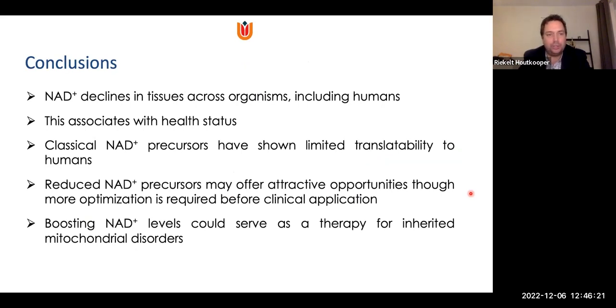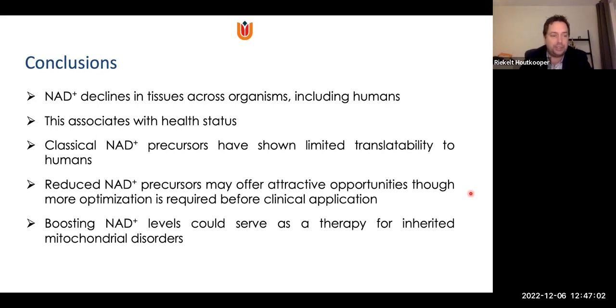So that brings me to the conclusions of my talk. We do see that NAD declines in tissues across various organisms, mice, C. elegans, but also humans. We do see that this associates with health status. So people who maintain an active life tend to have higher NAD levels. Although again, the causal relation will have to be established. We see that what I call classical NAD precursors, they're not so classical because they're only around for just over 10 years, but they have shown limited translatability to humans. The clinical trials,